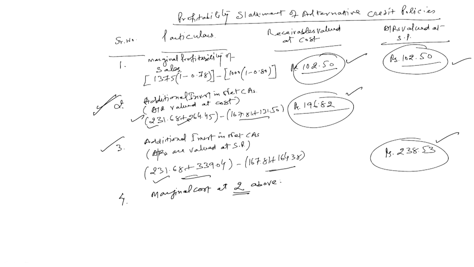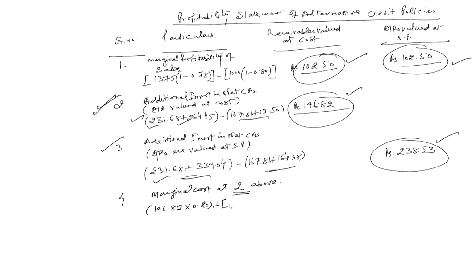If you calculate the marginal cost, how much investment are we going to make here? That investment is 196.82 crores, and what is your opportunity cost? That is 20%. So, this is the cost of capital, 0.20, this is the one, plus then